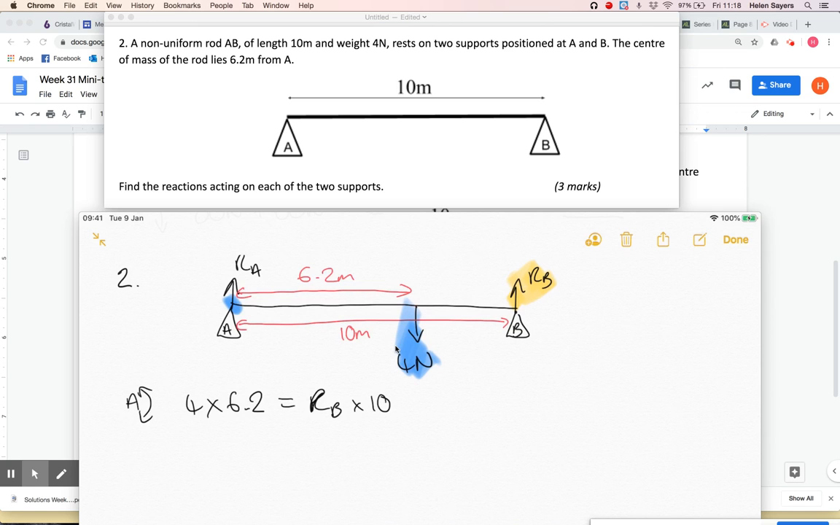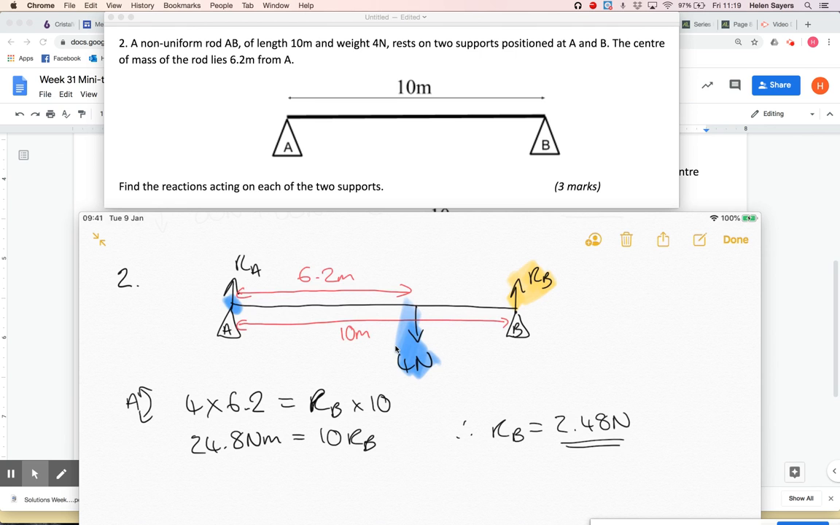So that's going straight into my calculator because I'm lazy. 4 times 6.2 is 24.8, and that's in newton metres. It's just part of our working, so it wouldn't really matter if I didn't put newton metres, but that would be the units for moments, and that is 10 metres times RB. So RB is going to be 24.8